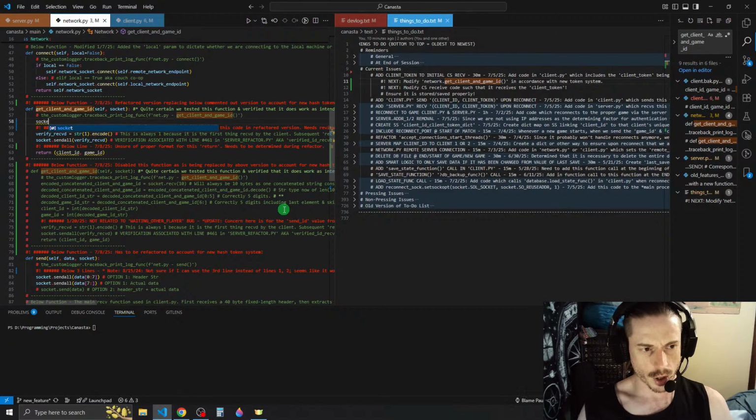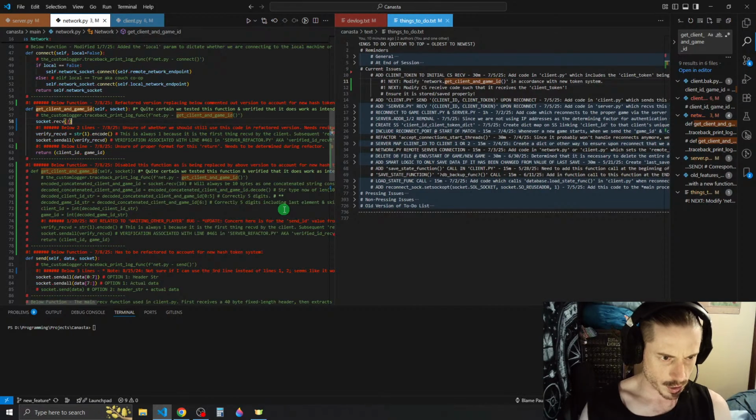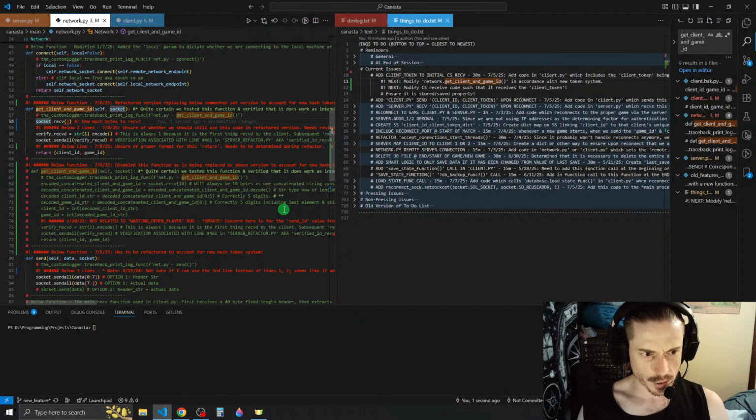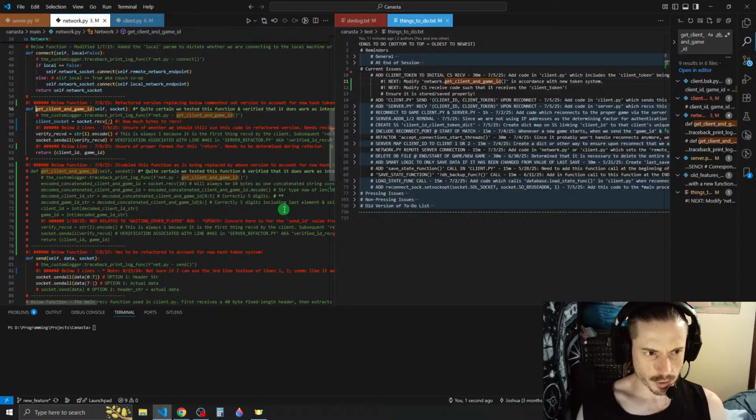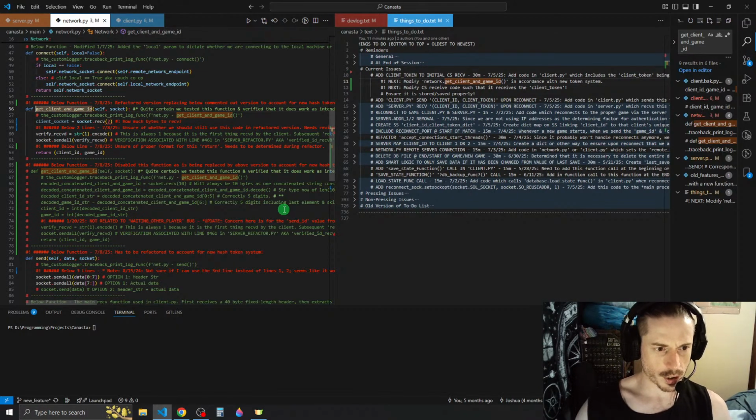So we need to do socket.receive. But how much do we need to receive? And we need to do, this would be the client socket, right? So this should be changed from get